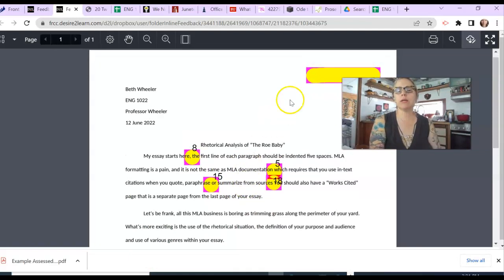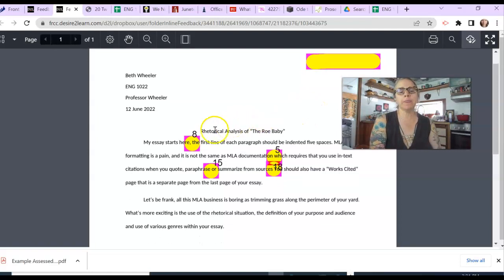So notice what I'm doing. I have highlighting. This particular highlighting you'll see if you forgot your last name and page number for the MLA formatting. The heading is over here, but the header is blank, so I'll often mark those, so you'll have to add the header. Here's where you see the highlighting marks to show those 20 most common errors, where I'm noticing sentence level errors, and I put the number 8 right on top of the comma. That shouldn't be there for the comma splice. You'll remember I just talked about that.